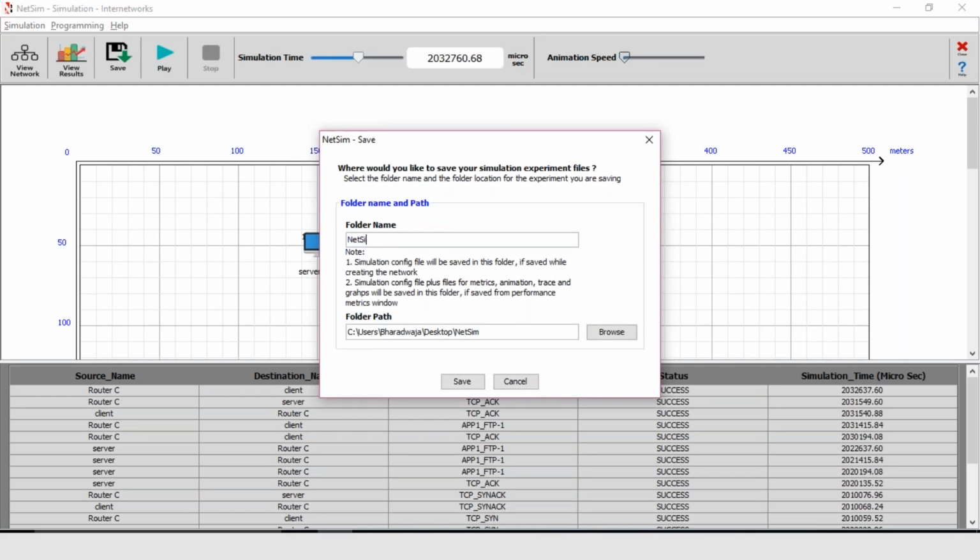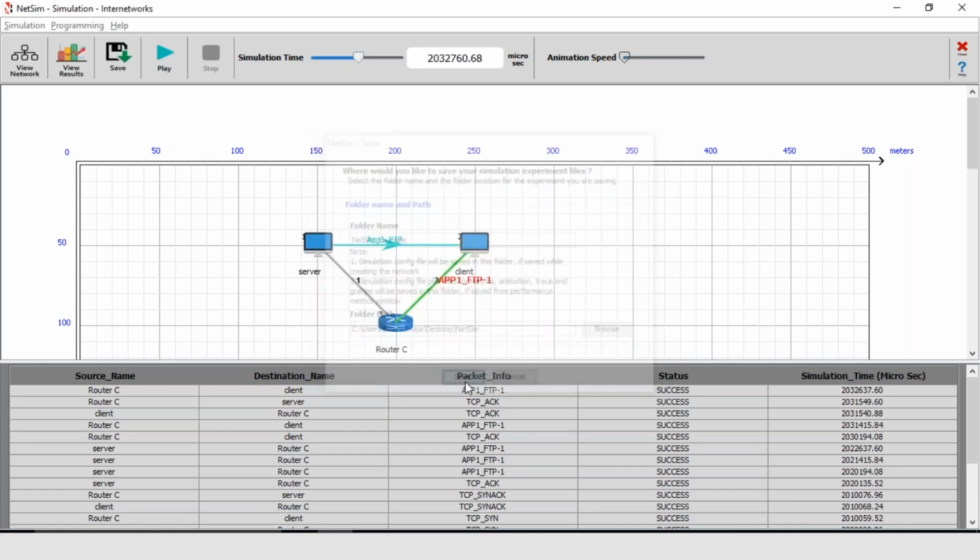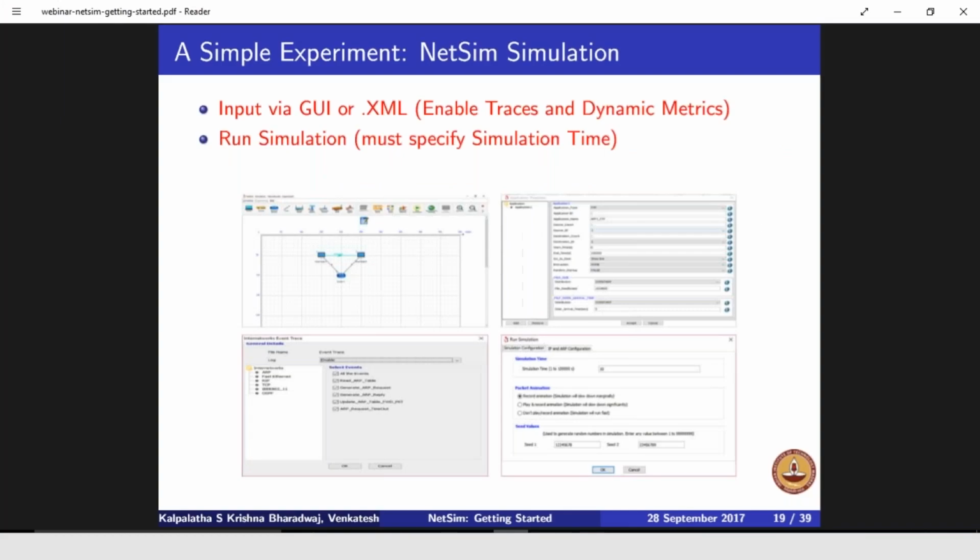Thanks, Krishna. This is Venkatesh Ramayan again. So that was a quick introduction to a simple experiment. We designed the network, we configured the parameters of the network and link, we enabled traces, and we ran a simulation. We saw the simulation in the animator, and then we also saw the basic results on the results dashboard. Getting into some of the details,